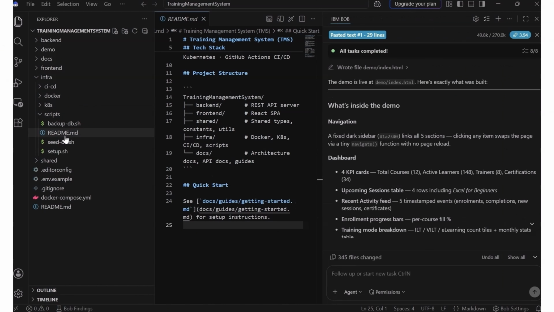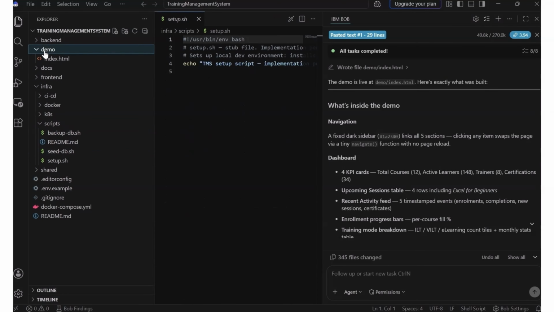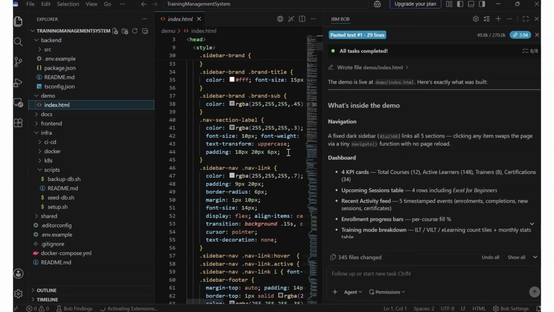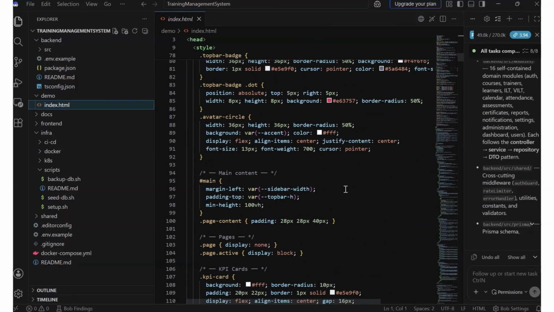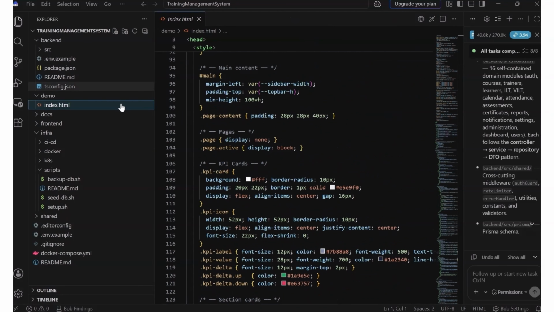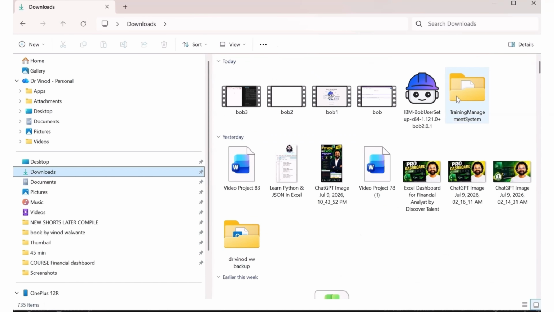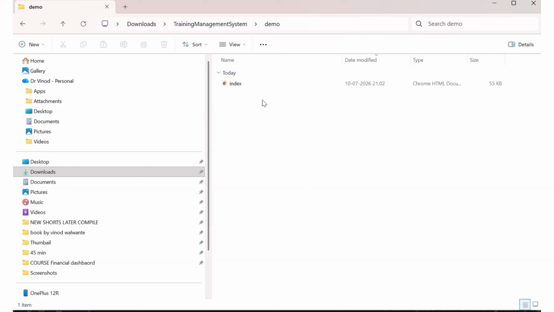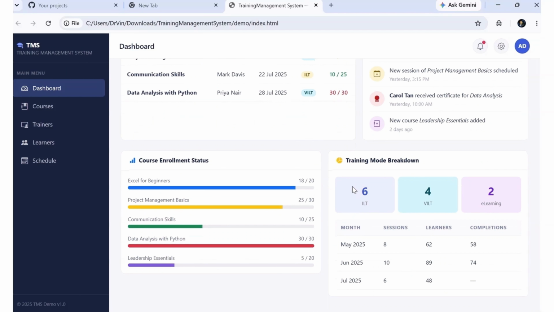Once it is done, I can see on the left hand side the readme, setup, and so forth. These are automatically updated over here, and these are the codes. This is my demo folder, with index.html inside it. This file we have to run on our browser. So let's do this. I'll go to my local desktop, open this particular folder, and here the demo. I'll simply click on this option and then index, and boom,